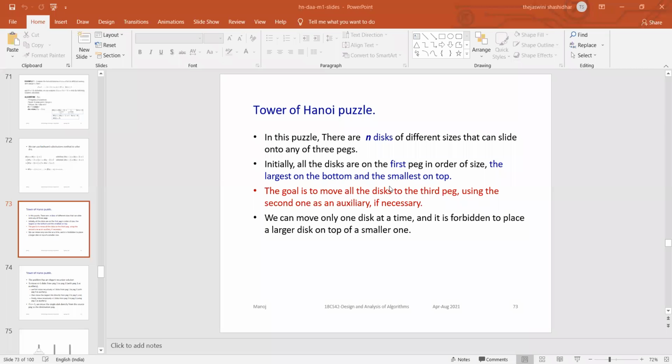Okay. So this is the video lecture on DAA, that is Design and Analysis of Algorithms. We are currently discussing the mathematical analysis of recursive algorithms. Which recursive algorithms have we seen? They are factorial, Tower of Hanoi, and binary conversion, which we are going to see. We have already discussed one concept, that is factorial.